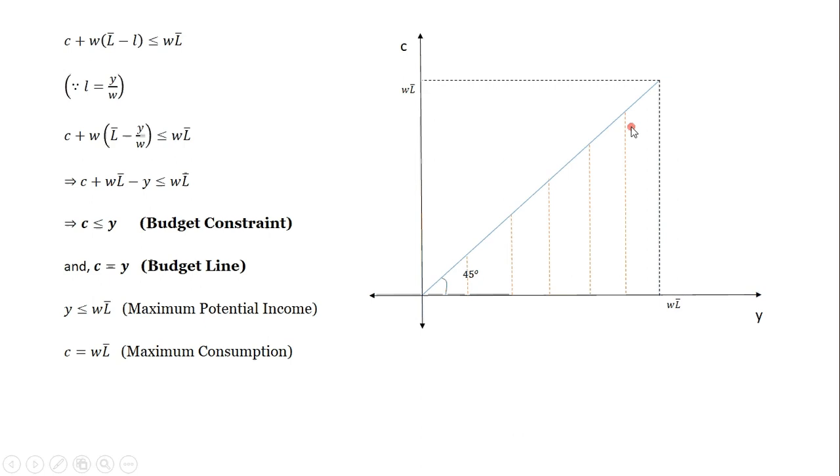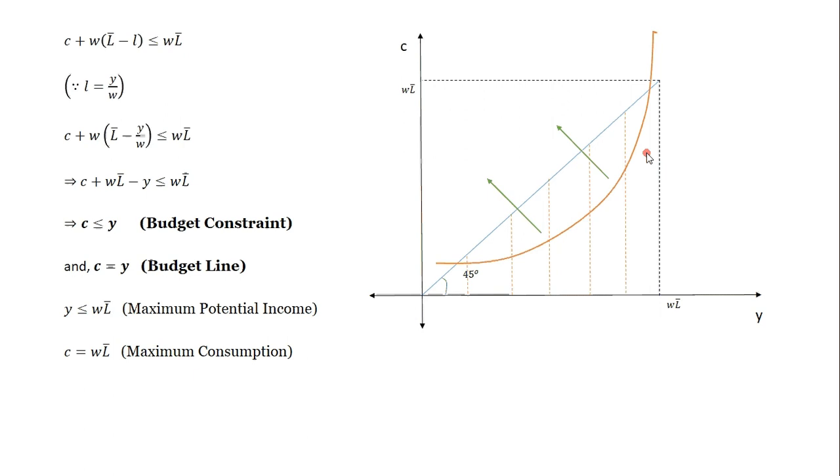So this shaded area with orange dotted lines is the feasible region, or you can say this as a whole is my budget set. Okay, and this blue line is my budget line, which has slope one. So now we need to plot the IC. So IC looks like this, but we must ensure where the upper contour set will be,